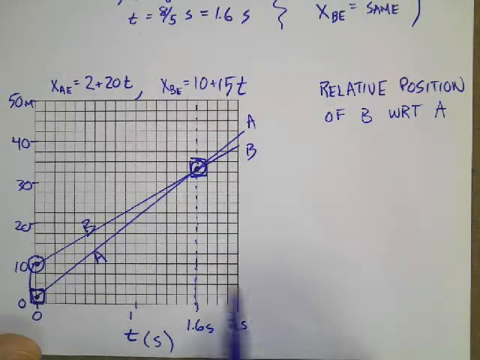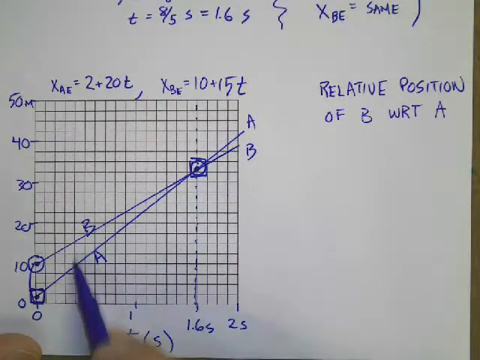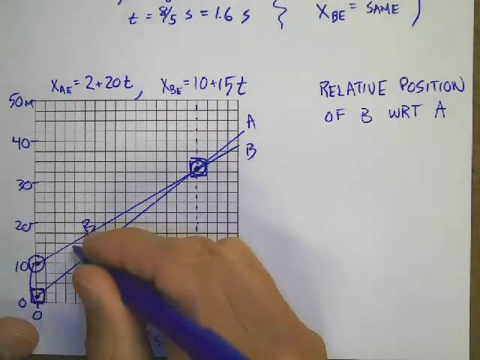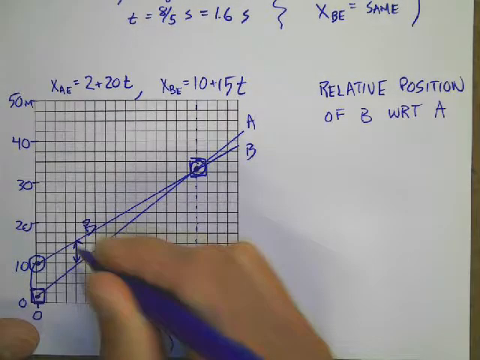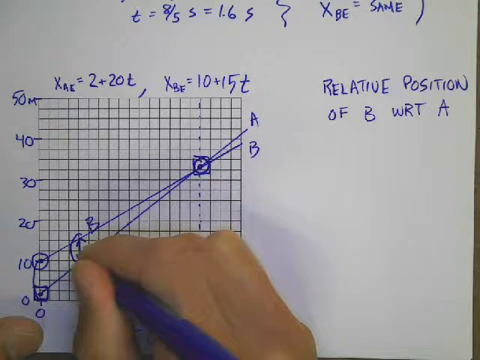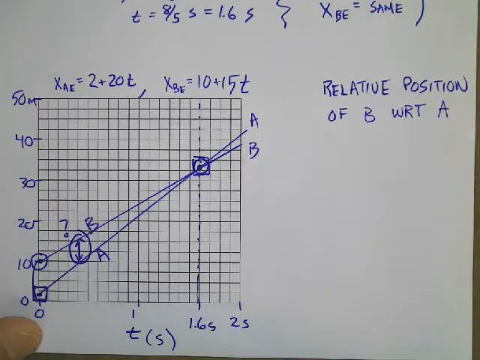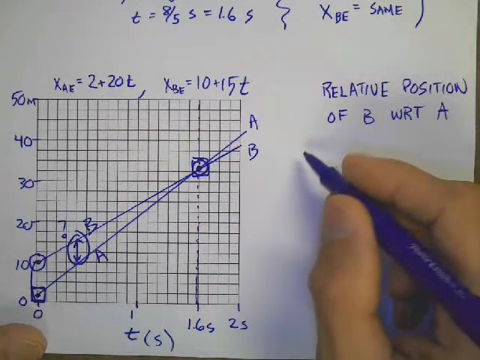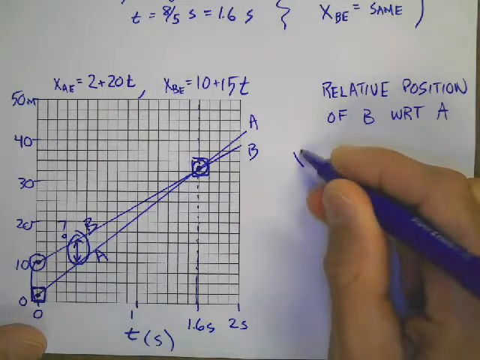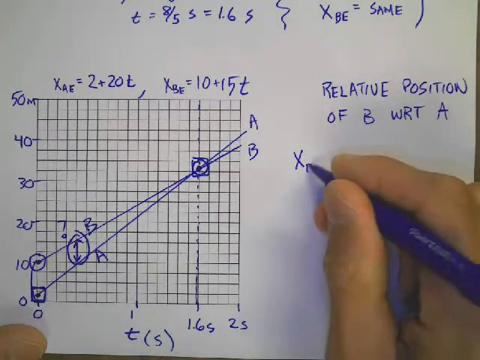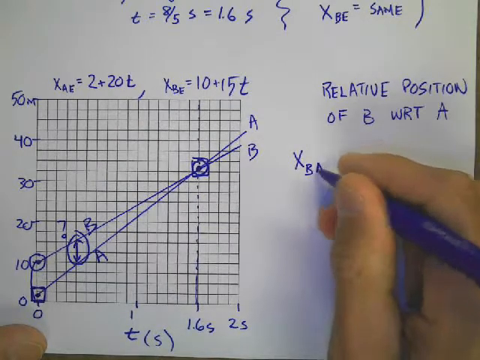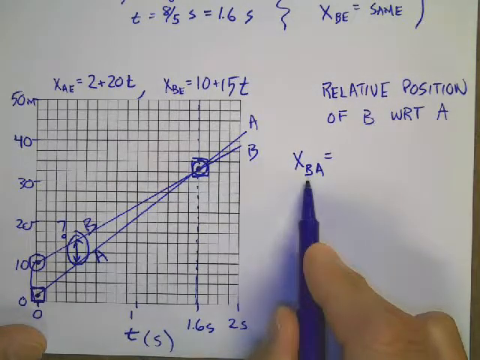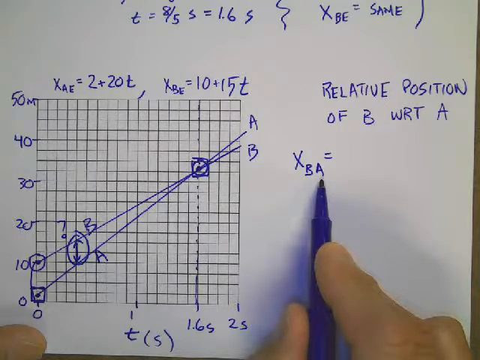We know that they happen to be at the same place at 1.6 seconds, but we don't really have a function for knowing how far apart they are at any other time. It's easy to get that, and you can say the position of B with respect to A, subscript B with respect to A,